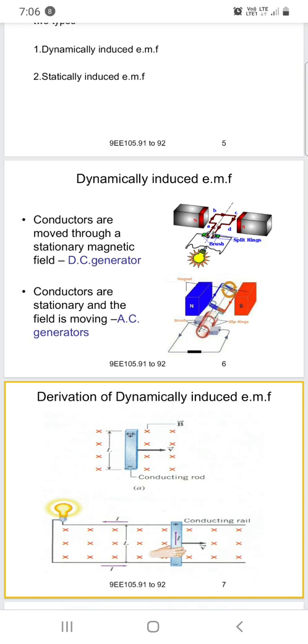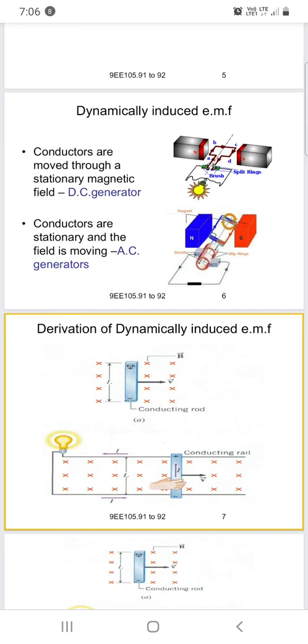In the DC generator, the conductor is moving. In the AC generator, the field is moving and the conductor is stationary. So here, the dynamically induced EMF, okay now, based on the principle of dynamically induced EMF in